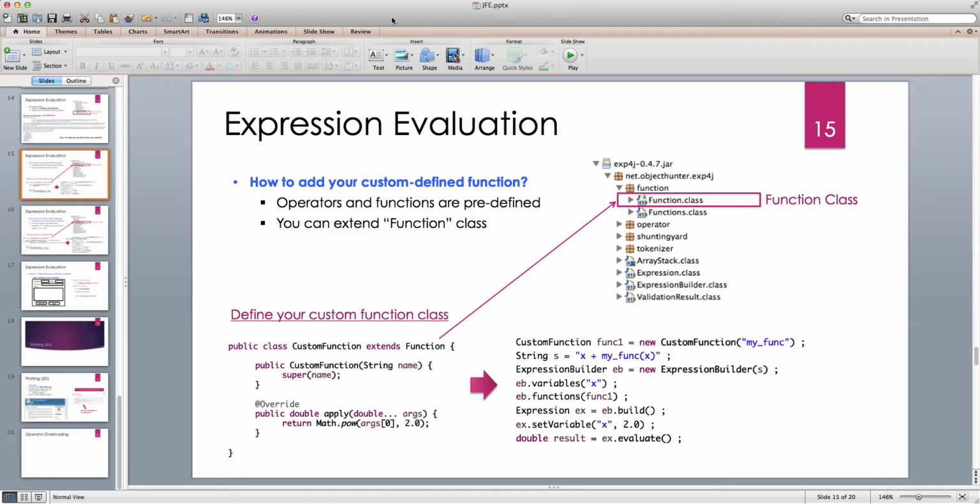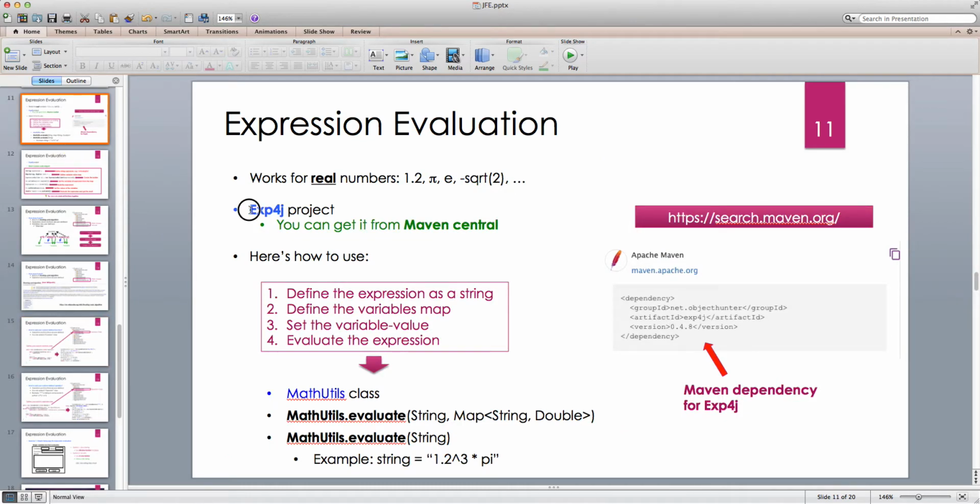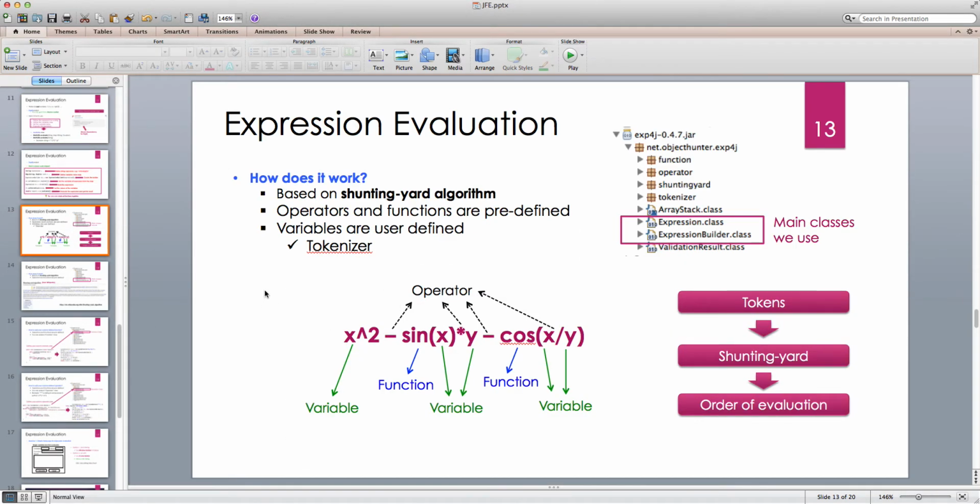In this video I'm going to continue discussing the expression evaluation topic in Java, and if you recall, the library that I'm using for expression evaluation is exp4j. To briefly recap what I talked about in the last video, I mentioned that the way this works is